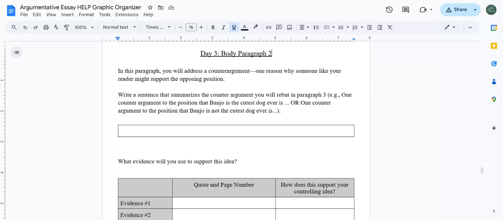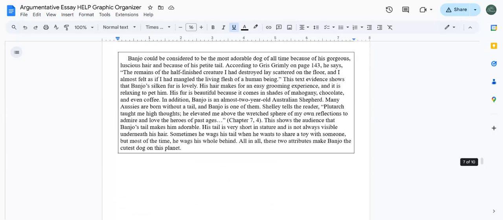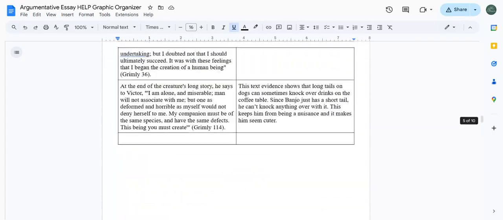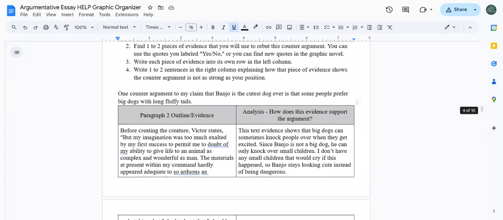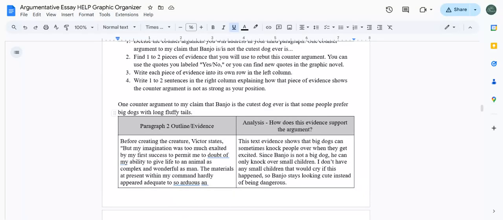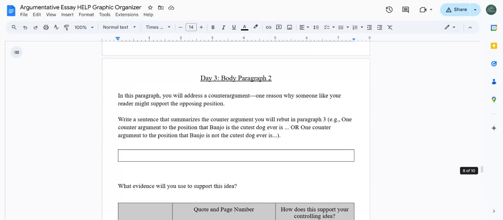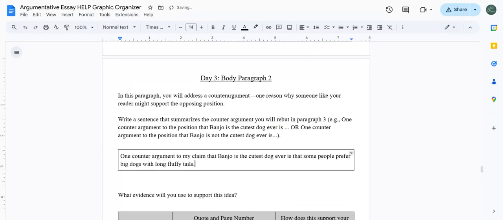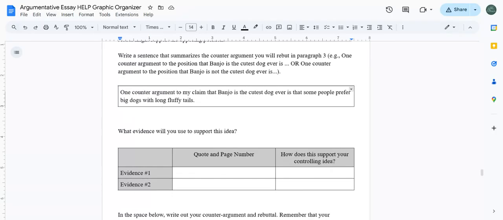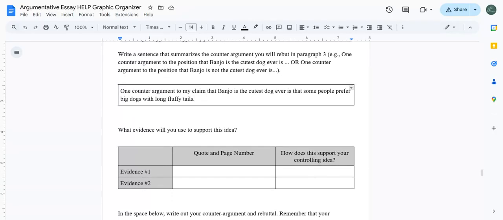Since this is body paragraph 2, that makes it paragraph 3 overall, because we're going to have an introduction. We already did this in day 1. So I'm going to scroll up and go find it. Remember when I made that space right there? Here we go. Let's go down and we're going to copy it and paste it. Now, since this is not the same thing as my thesis, I can just leave it alone. I don't have to change this one.